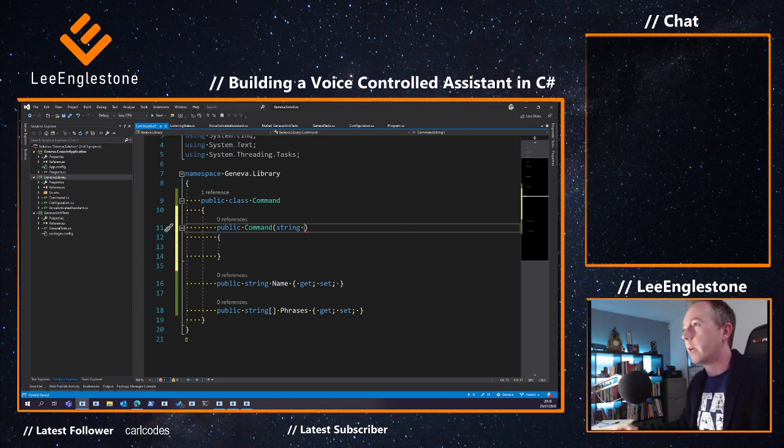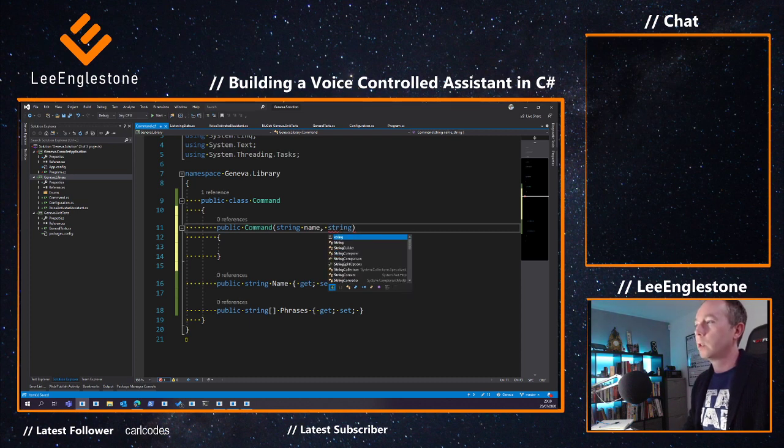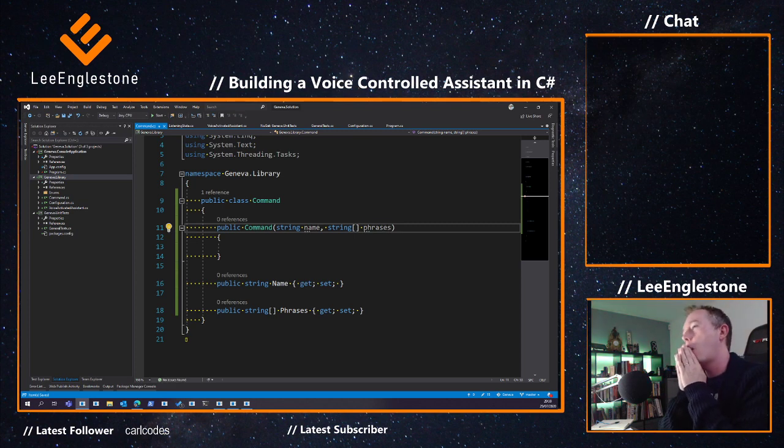I mean, yeah, I could make these immutable, but we'll just leave them as non-immutable for now. String name, and let's do string phrases, and then I kind of want to have an action, like a delegate,